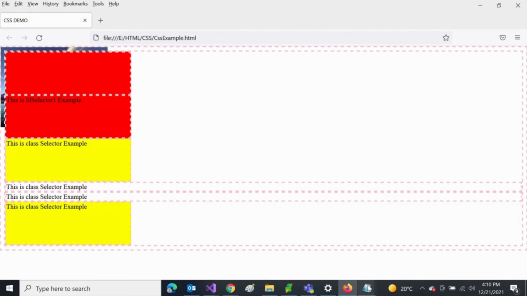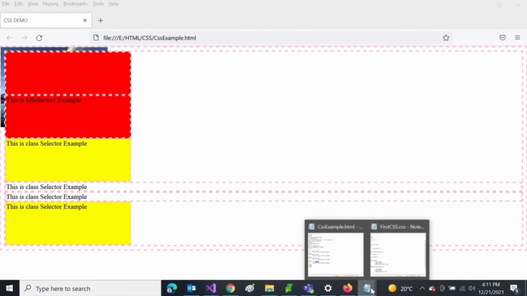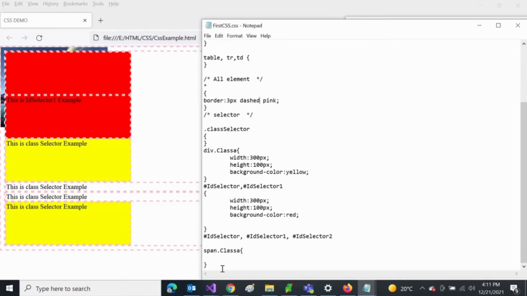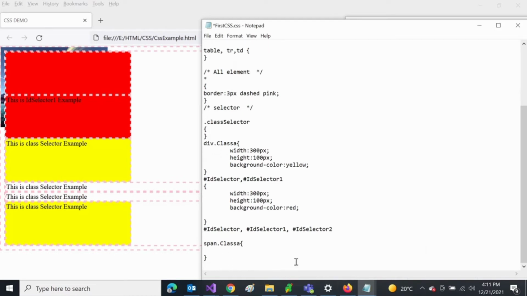So there are multiple properties, and you can try experimenting with each and every property of CSS. It would be difficult here and make the video lengthy, so I'm only going to explain the important CSS for your good programming and development experience.